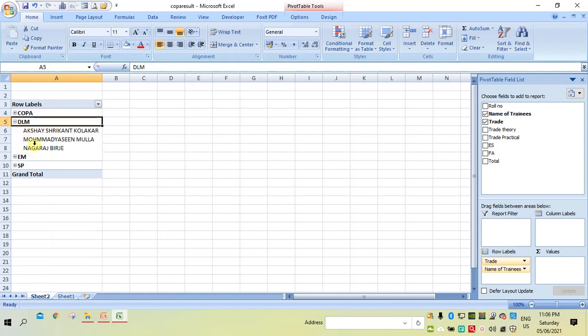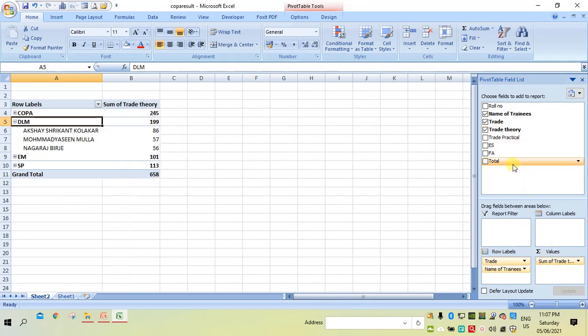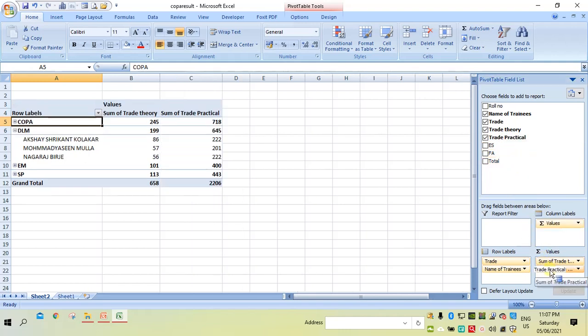It will show you the details of how many students are in DLM. This is possible only because of the pivot table. Next I will add the remaining fields in the values. Here you can observe simultaneously how the table is looking.